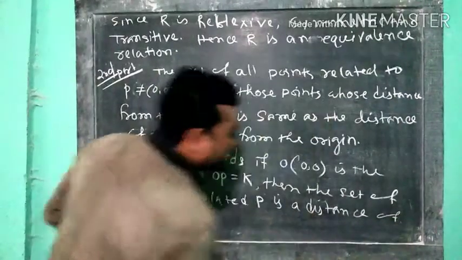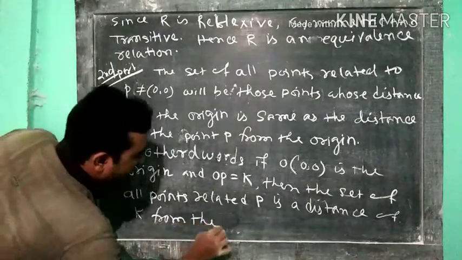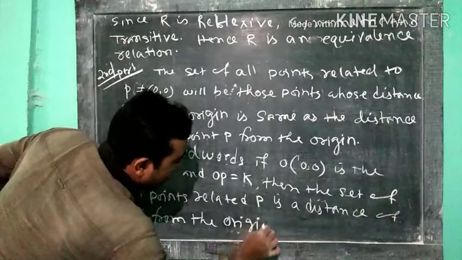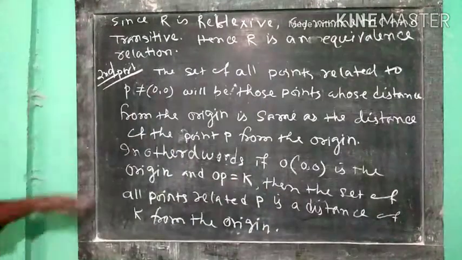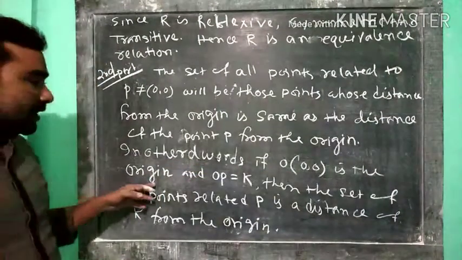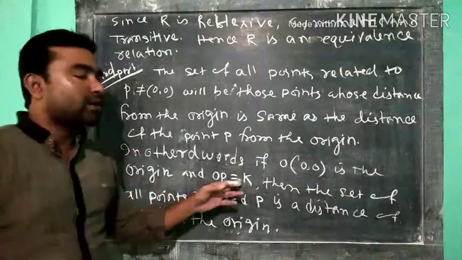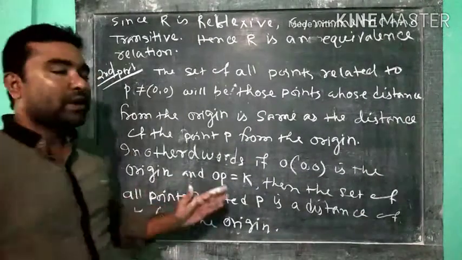of K from the origin. Then if we say that if (0, 0) is the origin, and OP equals K, that is, the distance from O to P is K, then